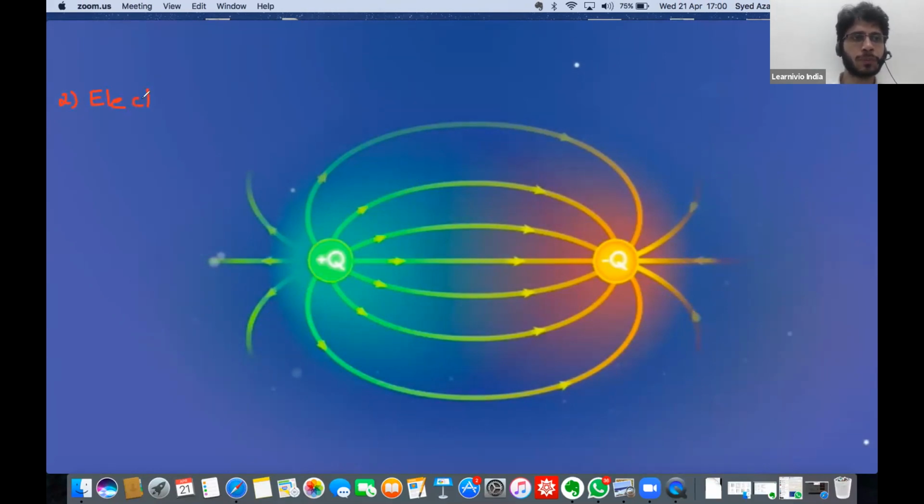Due to electric dipole, a system of positive and negative charge. See, this is very clear that electric field lines originate from the positive charge and terminate at the negative charge. After making a semicircle, they terminate at the negative charge. This field line goes straight to infinity. This field line comes straight from infinity. This one is coming from infinity, inwards arrow, and these are outwards arrows. So these are electric field lines due to an electric dipole.